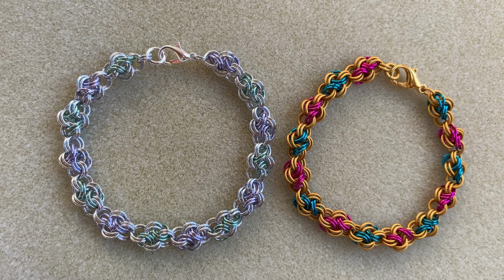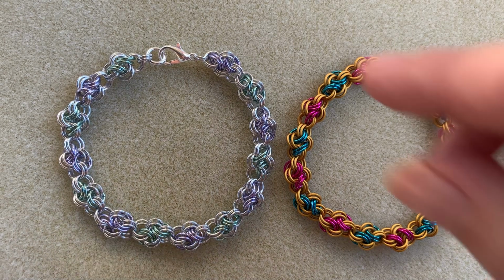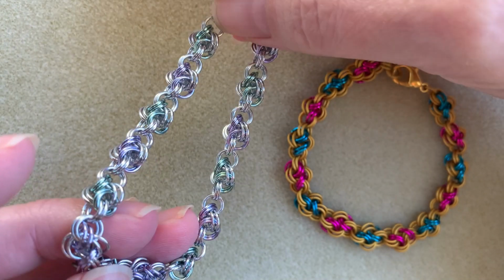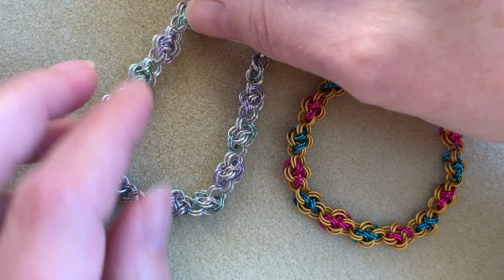Hi there, I'm Mary Susie from Bead Me a Story, and today I'm going to be showing you how to make double cloud cover. This is a really pretty intricate little chain. It has a lot of flow to it, so this would make a great necklace chain. It only uses one size of jump ring, so this is a really easy one to buy supplies for